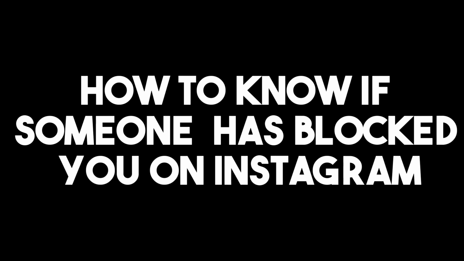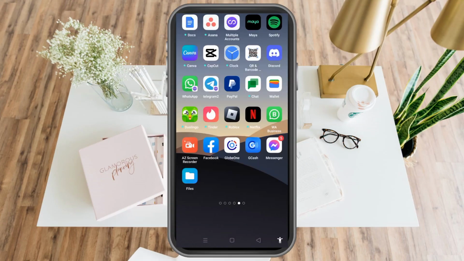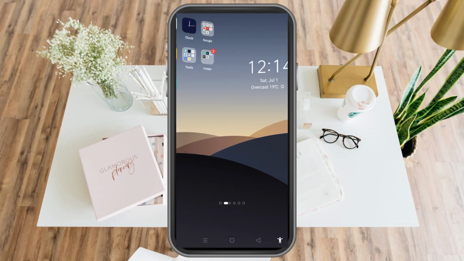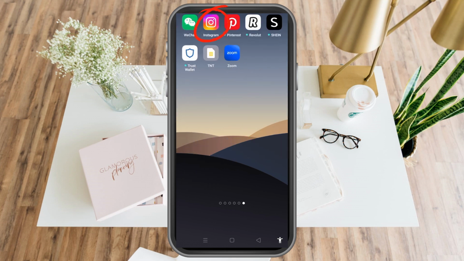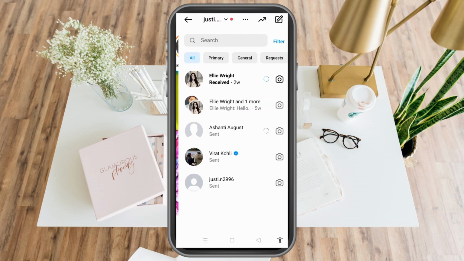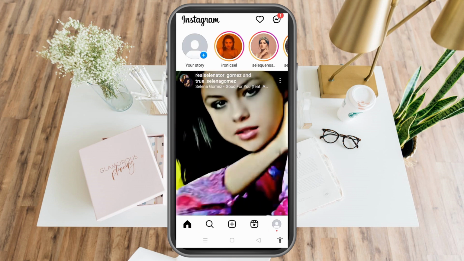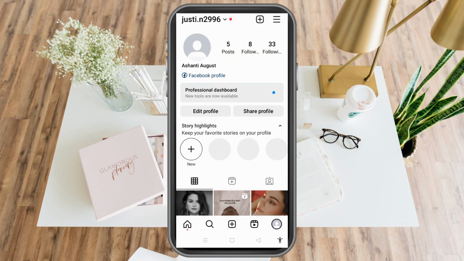Hi, today I'm going to show you how to know if someone has blocked you on Instagram. So it's a very easy and quick tutorial, and it's so easy to know if someone has blocked you on Instagram. First, if you go to your messages here, okay, and type the name of the person,